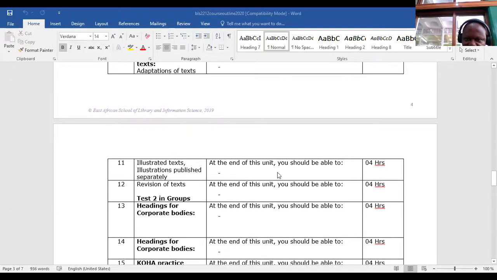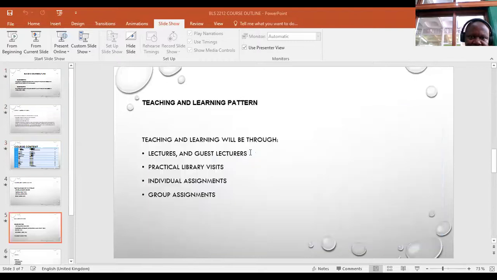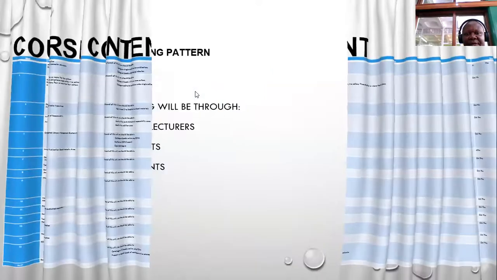Having looked at the content, I'll stop this Word share and go back to the PowerPoint. The PowerPoint presentation will show other